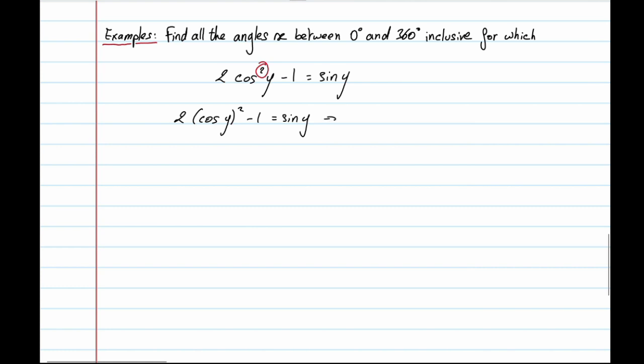We've seen the identities in the previous video. So we know that sine square y plus cos square y equals 1. That means we can rewrite our cosine as cos square y equals 1 minus sine square y. So if we substitute this into the equation, we get